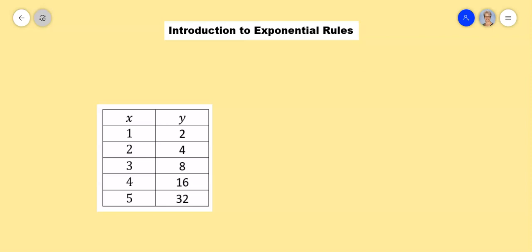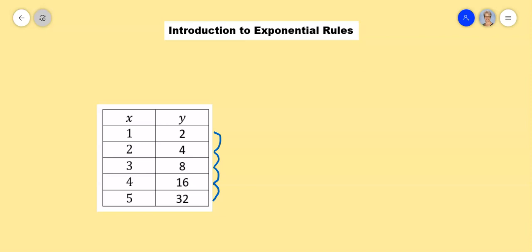In this video, we're going to be looking at exponential rules. An exponential rule is a type of non-linear relationship. If we look at the table that we have in front of us here, and we look to see whether it is a linear relationship, we can see that if we go down the table and look at what y is increasing by each time, y is increasing by different amounts